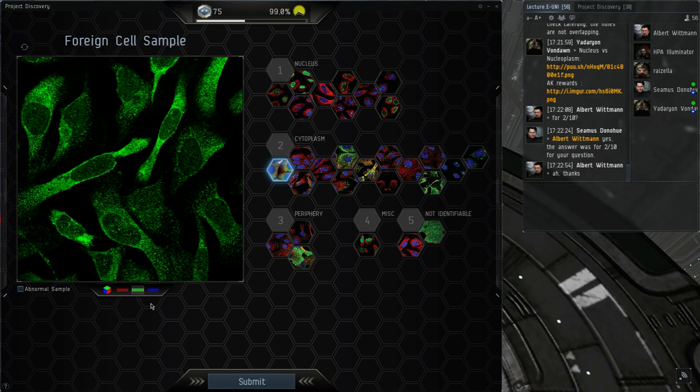And this is really subjective in some cases. Is it nucleus? Is it not nucleus? Is it cytoplasm? Not cytoplasm? And I guess it's more difficult for the players because you don't know the gain settings of the microscopes, how much we're amplifying the signal or what laser power we're using. But what you can do is compare it to the other stainings of the cell and see, well, how strong is it compared to the other staining? Do I trust this or not?